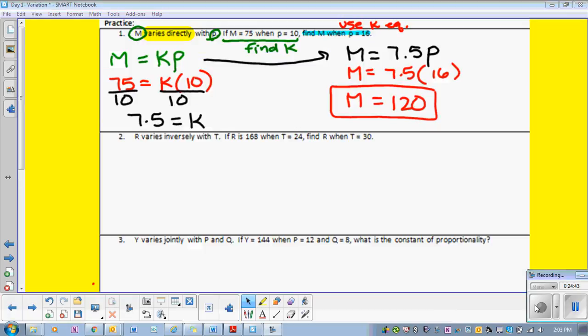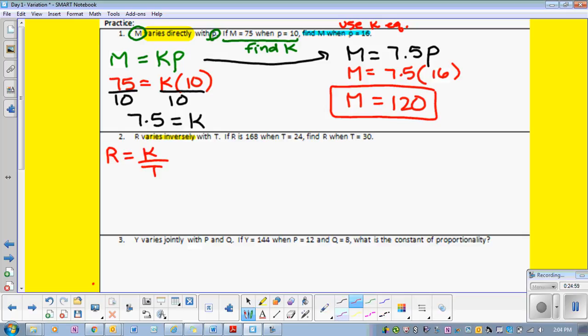So in the middle of my teaching this lesson, David Bott, thank you for flying the airplane diagonally across the room. So with number 2, practice on the back, it says R varies inversely with T. So when you go to write this, you should say R varies inversely with T. The next part, if R is 168 when T equals 24, well, that's what you use to find K, because that's what we need to do first. So R equals 168,